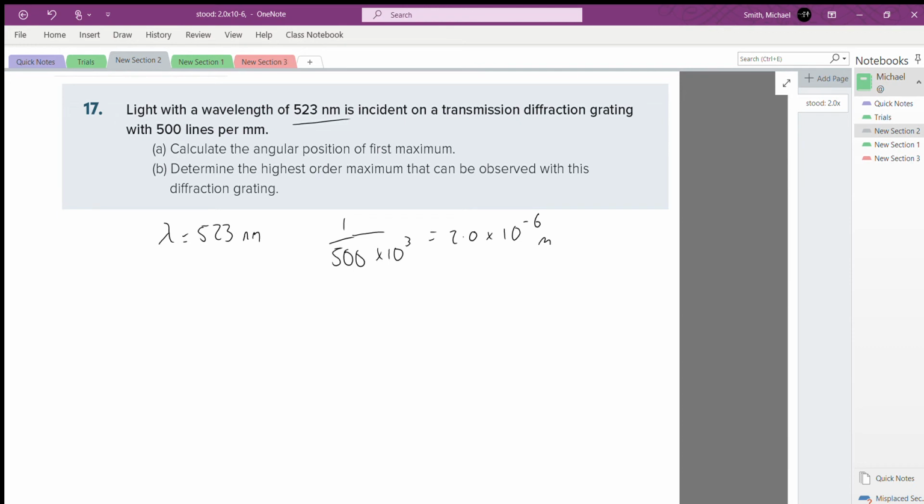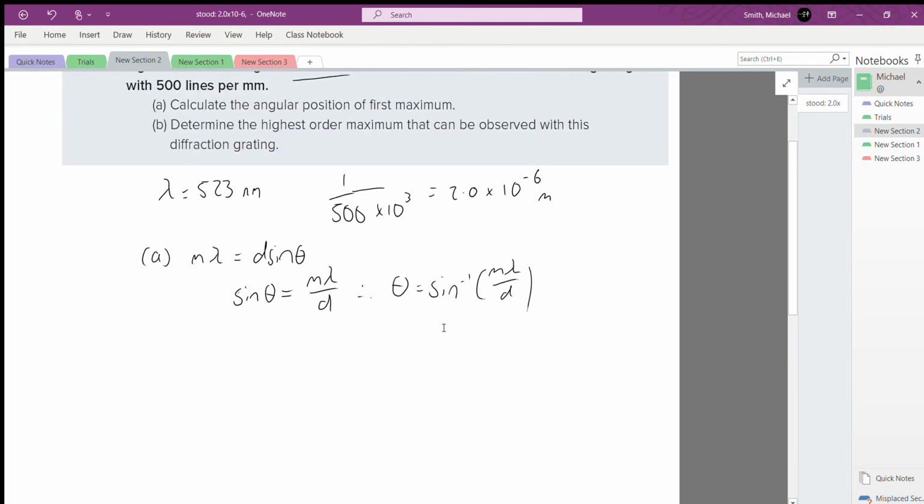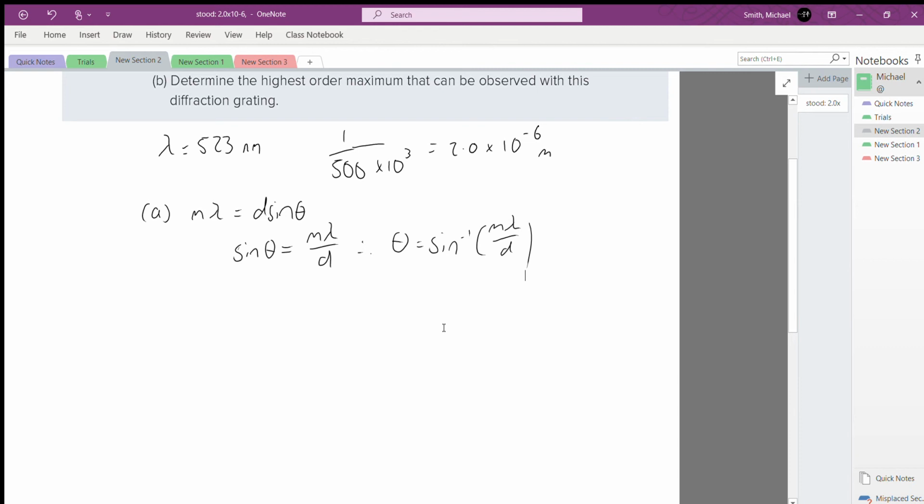So the angular position of the first maximum, using the expression m lambda equals d sine theta, we want an angular position, so sine theta equals m lambda on d, therefore theta equals the inverse sine of m lambda on d. Now we just go through and substitute in all the things we know. So here we have the first maxima, so m equals 1, therefore theta will be the inverse sine of 1 times